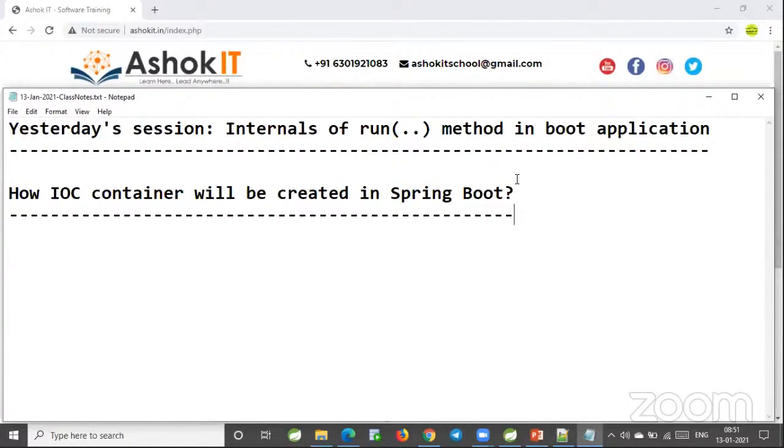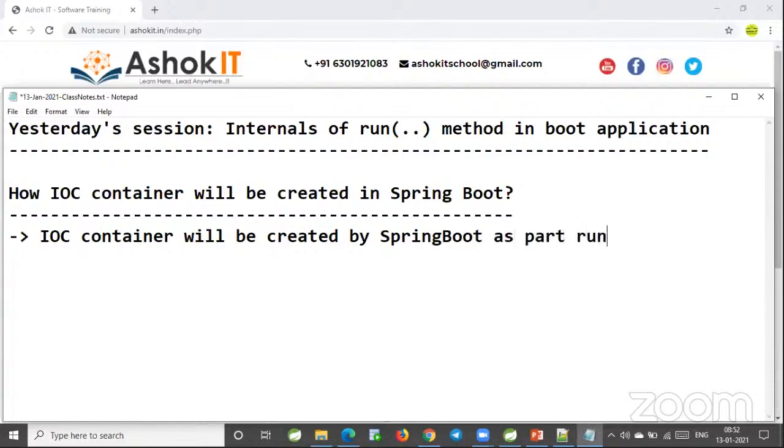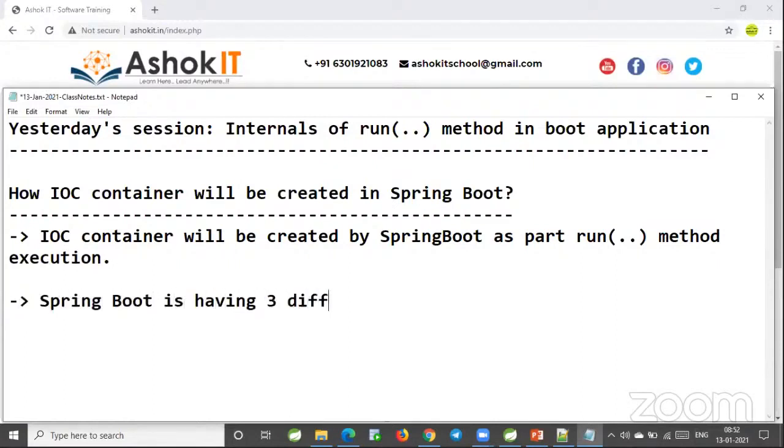Yesterday we have seen the framework logic in Spring, whatever logic is available. Spring Boot creates the IOC container based on the class path. The IOC container will be created by Spring Boot as part of the run method execution. Spring Boot has three different approaches